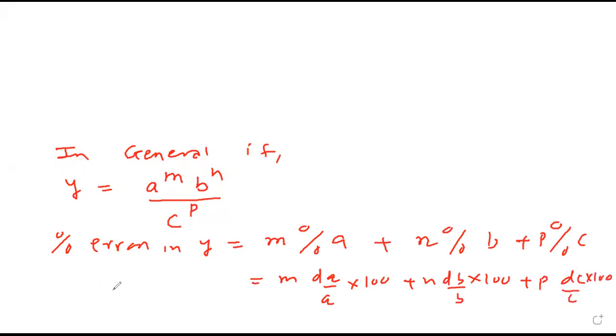Copy. So this is nothing but the same: power becomes multiplier and then you just have to multiply by 100 to make it percent, because it is percentage. So out of 100, we are multiplying relative error by 100. After this, we will solve numericals. Since we know the rule of addition, subtraction, multiplication, division, power, all we know now.